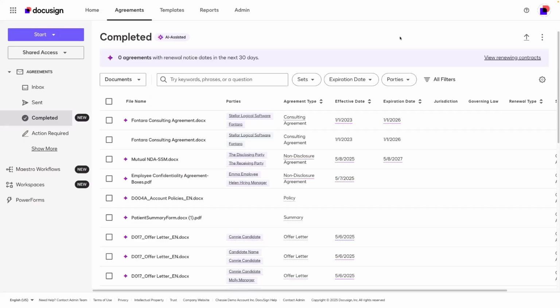Navigator uses the power of AI, artificial intelligence, to automatically locate and extract information, keywords, and clauses from each agreement and uses that information to fill in attributes, metadata, on the document. You can then view these attributes to search for and review your agreements faster. Navigator also makes it easy to monitor your upcoming renewals and obligations for contracts.